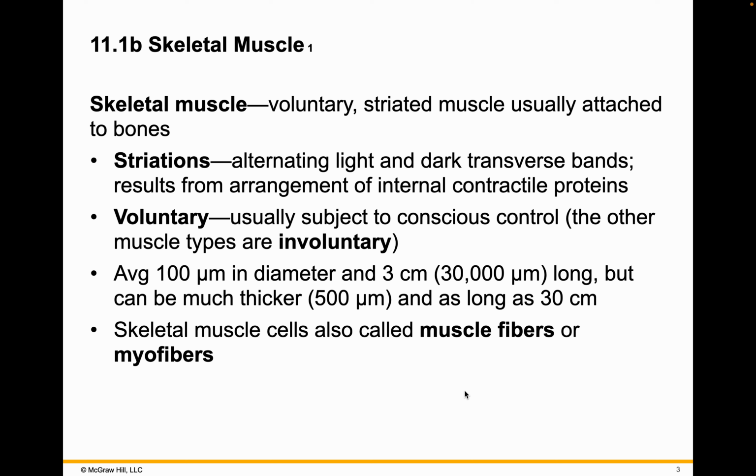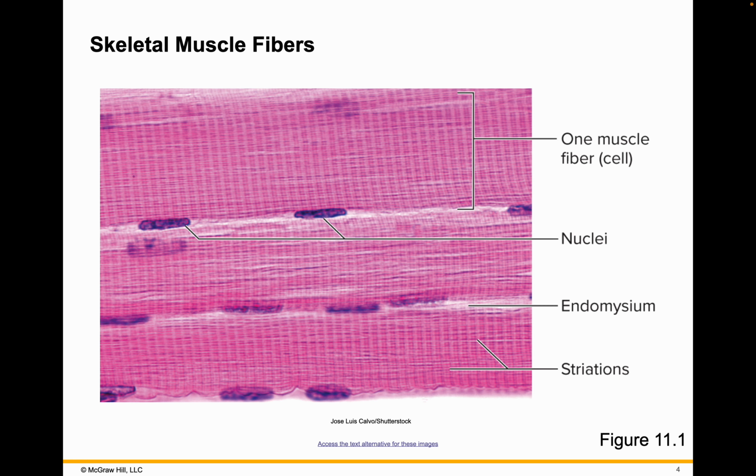They average about 100 microns in diameter and about 3 centimeters long. However, they can be much thicker than that, 500 microns, and as long as 30 centimeters. Skeletal muscles also are called muscle fibers or myofibers. Here we have an image of a skeletal muscle fiber. You can very nicely see the striations in this image. You can see that most of them are multinucleated,